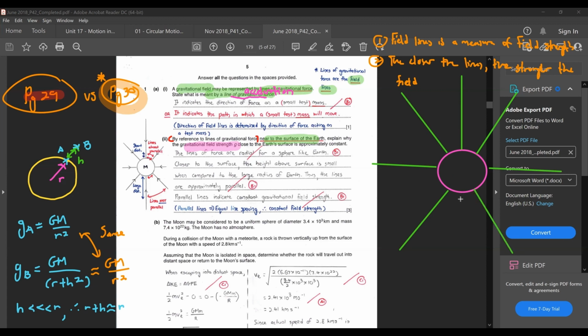Like this, and like this. Okay, so this is how you would expect your field lines to look for a planet like Earth. For example, the lines themselves would be radial by nature, because one of the other things I also mentioned